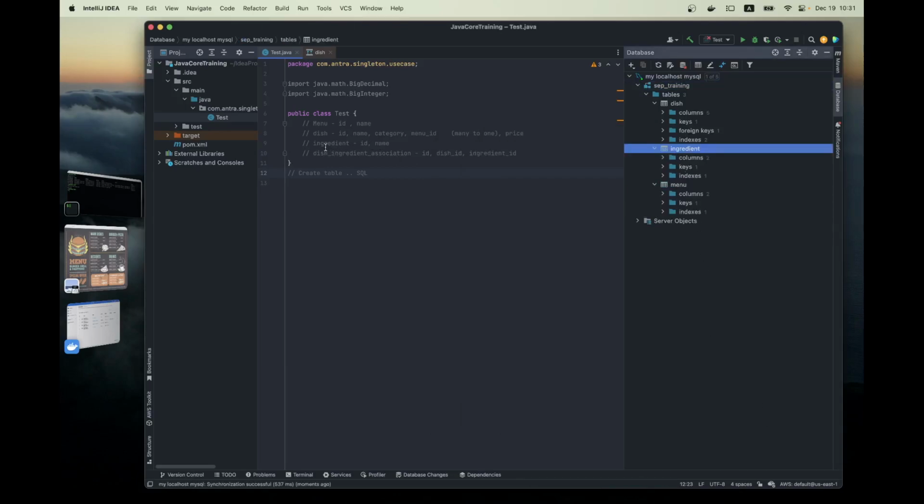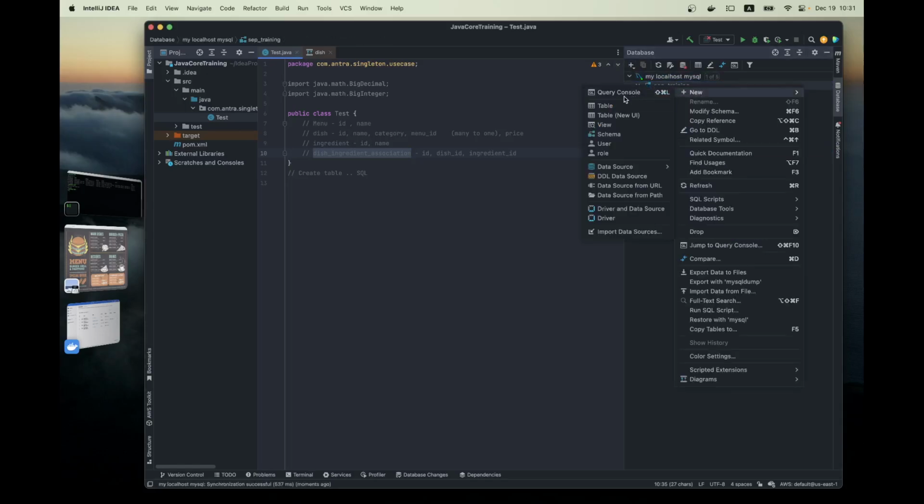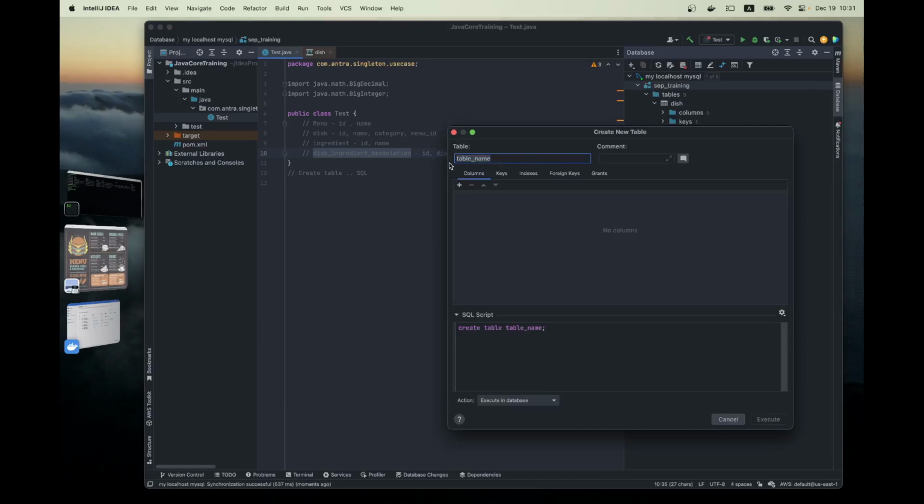So that's it, and you see the dish and the ingredient, even though they are many to many, from the table they don't have a direct connection, right? We don't set up any foreign keys, but all the foreign keys will be set up in this third table, which is the association table. Right click, new table, and then we're gonna have a dish ingredient association table,